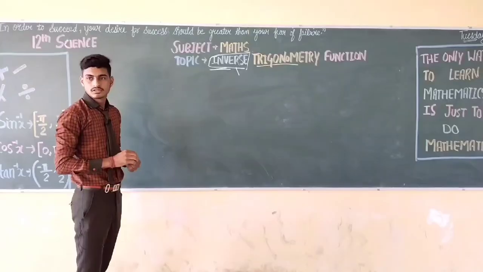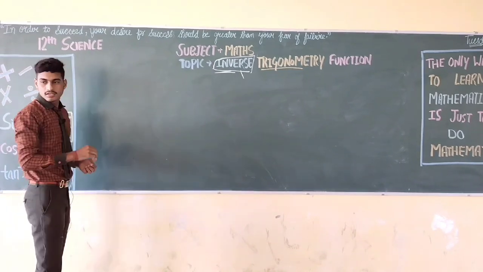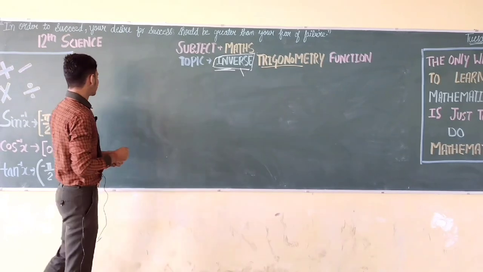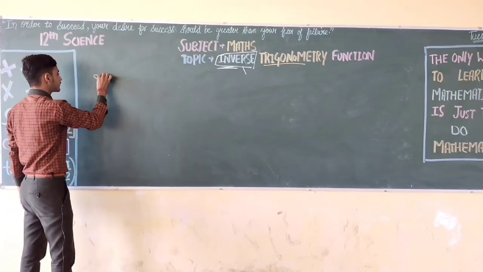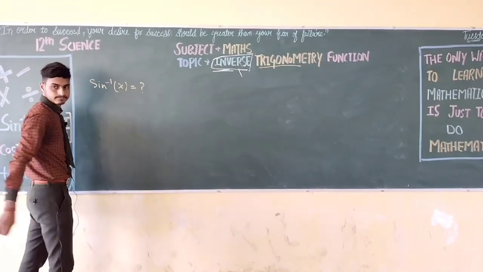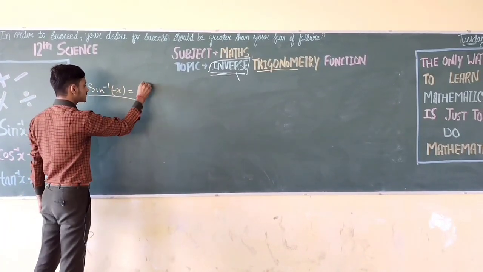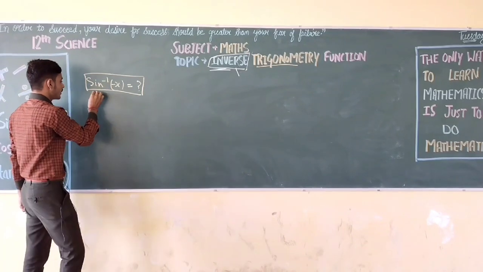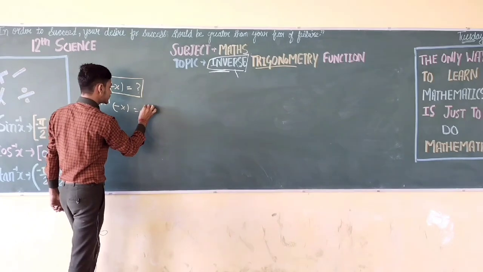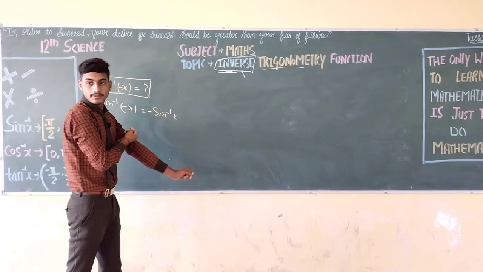So let's take another example. Let's have a look at the properties of inverse trigonometric functions. You are clear that we have read about the inverse trigonometry? Yes. So let's have some properties. Let us suppose that we have an angle sine inverse minus x. From here it becomes sine inverse minus x is equal to minus sine inverse x. But it is not valid for all the trigonometric functions.